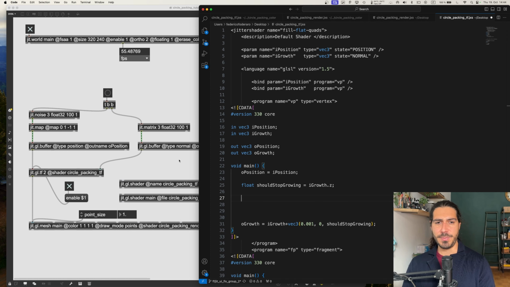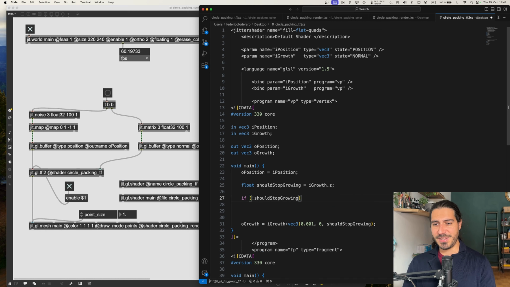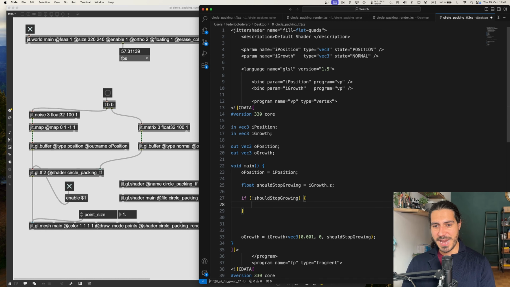So it starts as a 0 because this buffer is going to be filled with zeros. And so if this was at 0 in the first place, it will still remain at 0. But then we will say, if this is equal to 0, so it should actually grow, then we can say